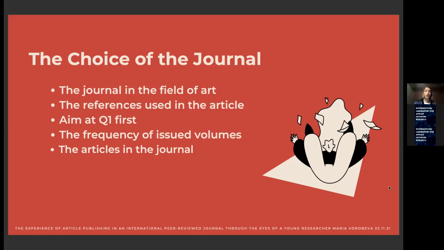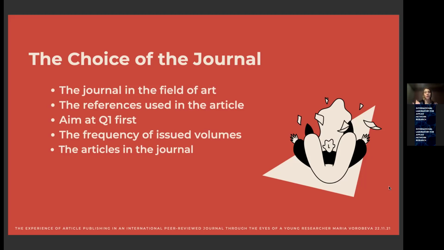Also, I had another criterion to choose the journal, and it is the frequency of issued volumes, because in this case, you can understand how soon, how quicker your research will be published at all, does the journal work at all, and so on. So the frequency was another indicator for me. And also I checked the articles in the journal to understand how my manuscript